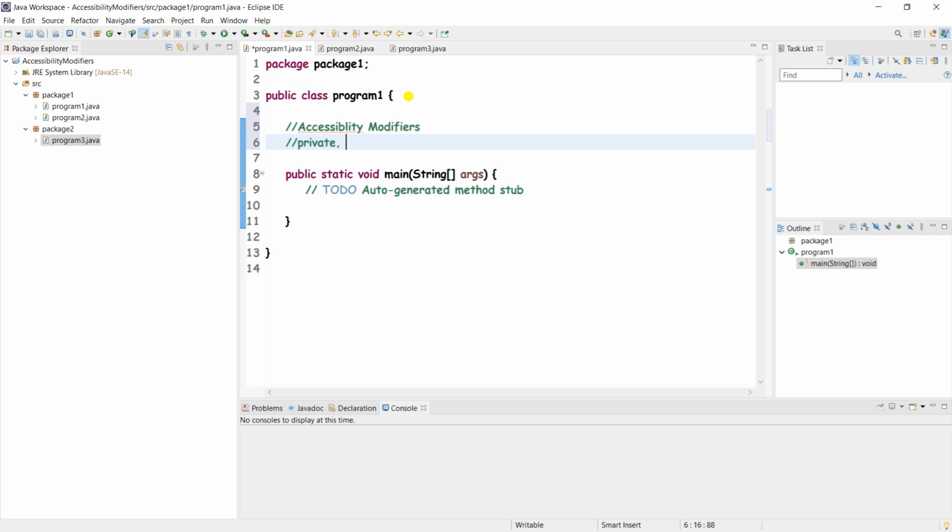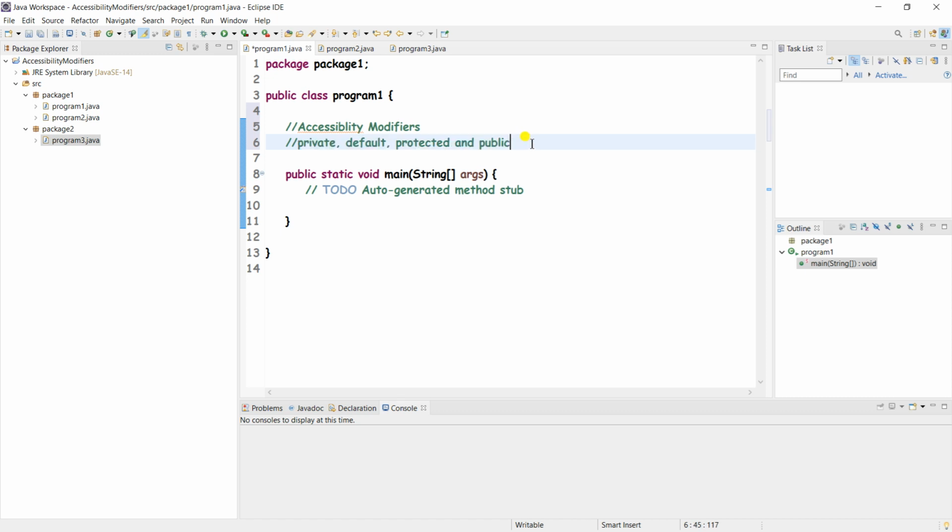First one is private, other one is default, then protected, and fourth one is the public. So there are four types of accessibility modifiers in Java: private, default, protected, and public.